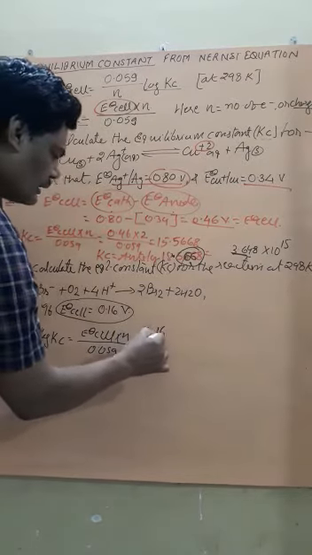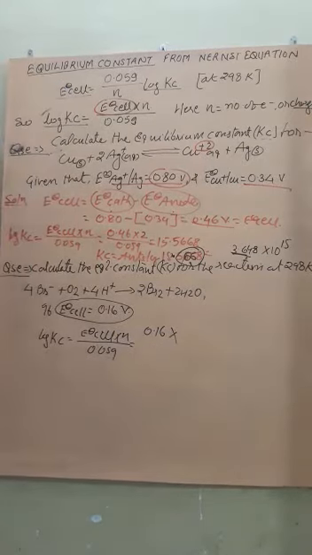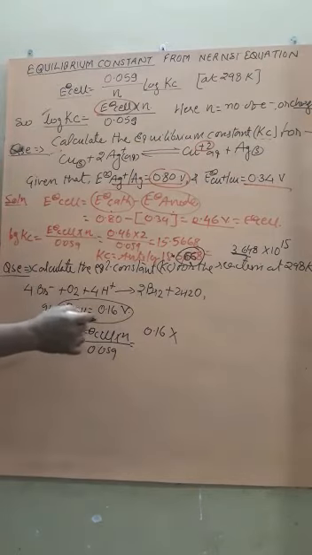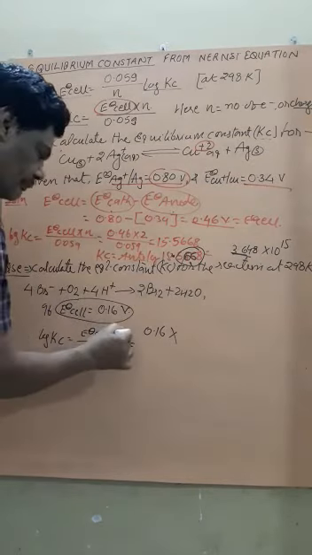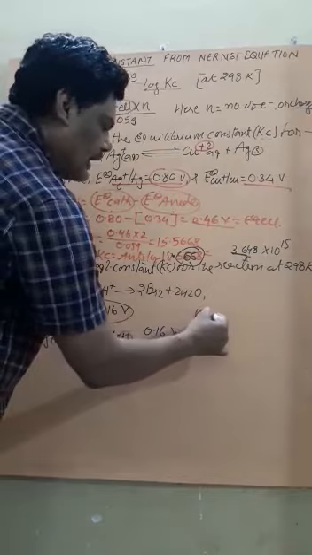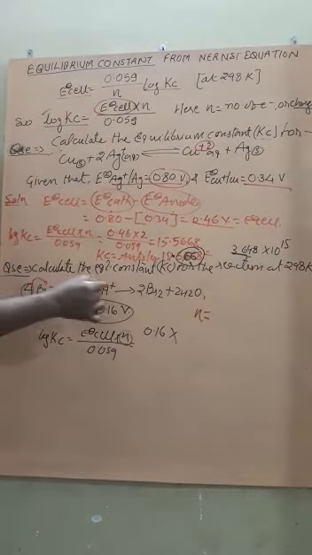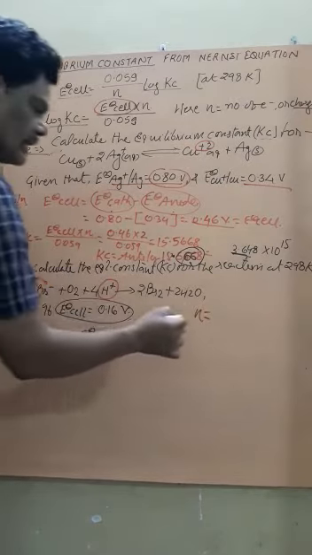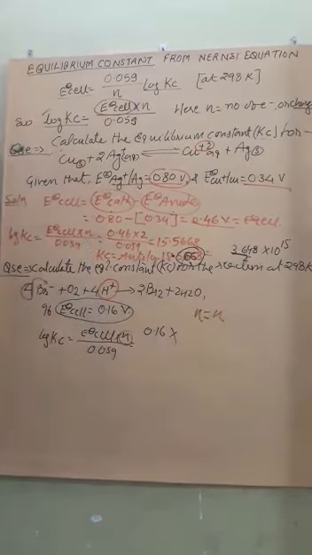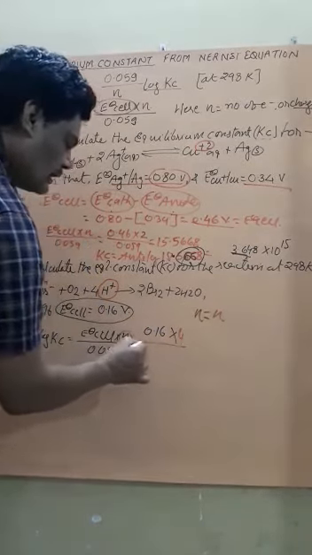Now E standard cell is given as 0.416, multiplied by n. Now student, what is the value of n? You can see here 4 H cations. That means the n value is 4. So place here 4 divided by